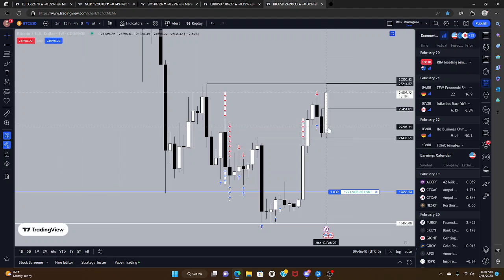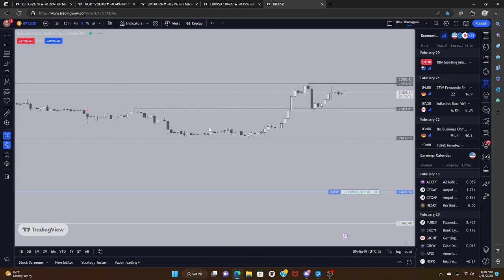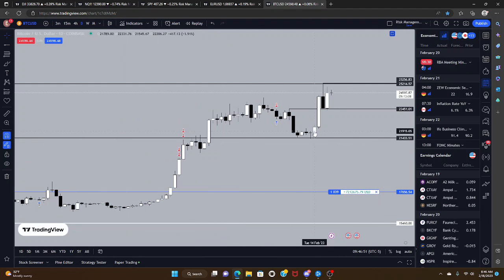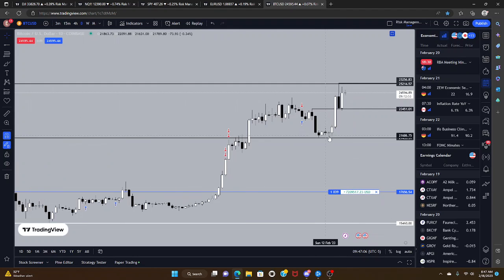And the weekly doesn't even have higher lows yet, so it doesn't really even have a confirmed trend. But we got this very, very dramatic move down from 21,500 all the way up here. I mean, this is a big move. It's bigger than even what happened here. I would be looking at this level right here to invalidate.